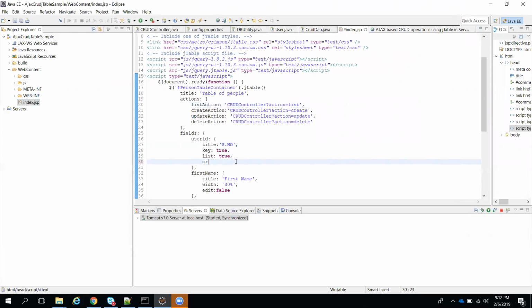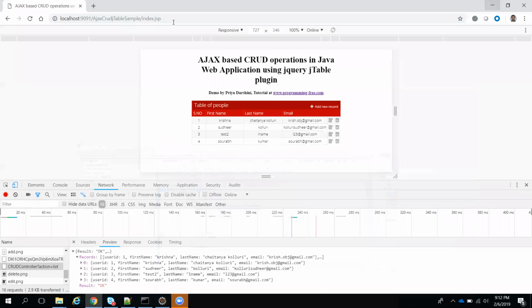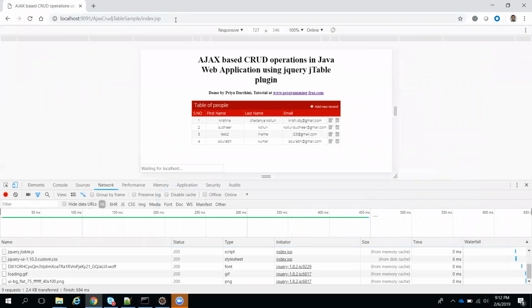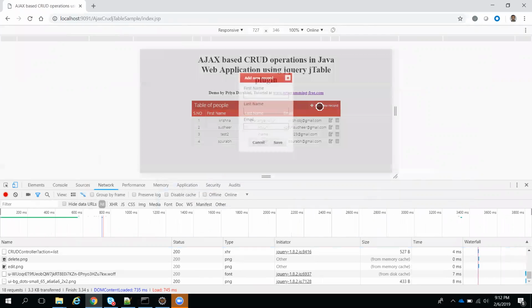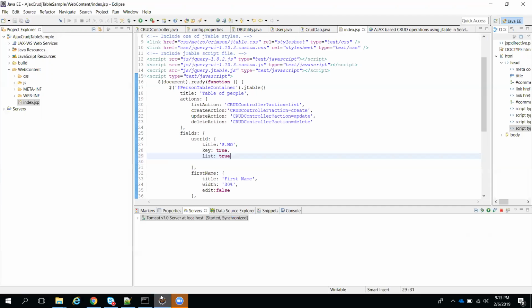So when you're clicking on the save button, it will not be visible in the UI now. Okay, so I will show you. When I refresh, we'll see whether this reflects or not. See, now the serial number did not come, right? Why? Because I removed one configuration here, I removed create true. Okay, so for example, Control Z. If I make it create true, when you create a new record, it will ask for the serial number. That is what create true is used for.